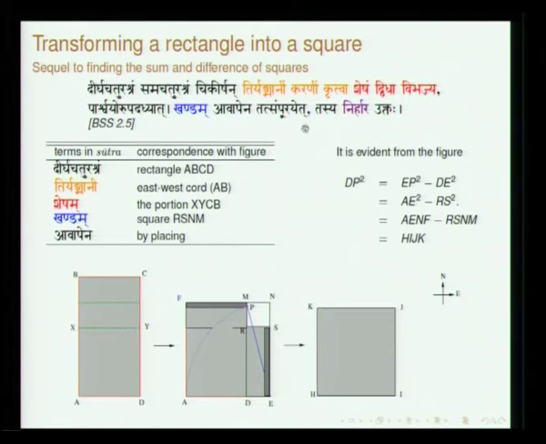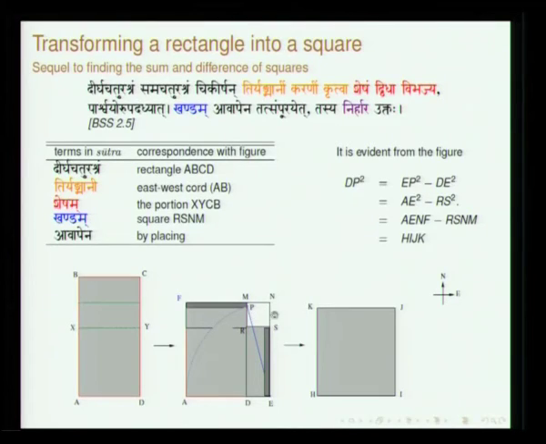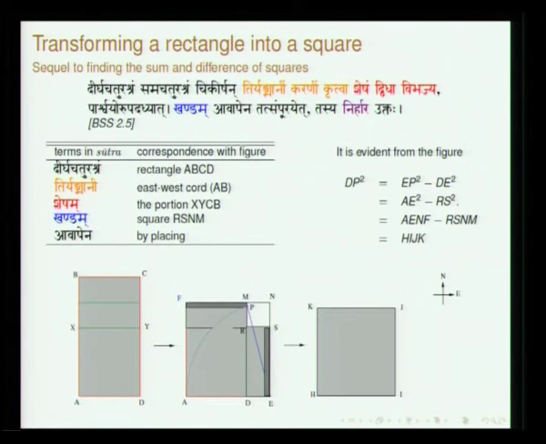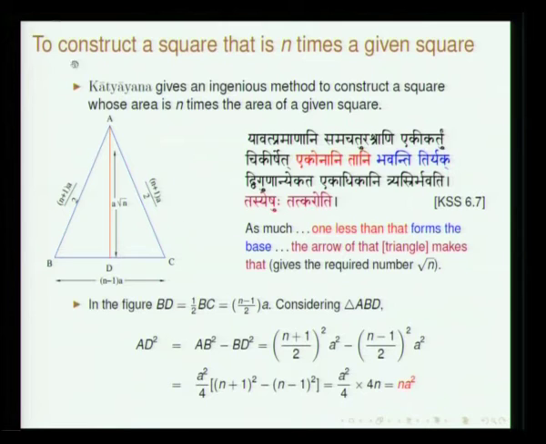So, that is what is referred to as Tasya Nirharaha Uktaha. Nirharaha means, see, this problem can be visualized the other way also. If you think of this square, all that I need is, this is what is extra here. So, in the constructed square you can think of removing this. Removing this, what is the square that is going to be obtained by me? That is essentially this. That is what is referred to by Nirharaha Uktaha. The procedure to get that has been stated earlier. So, this is the procedure for transforming a rectangle into a square.